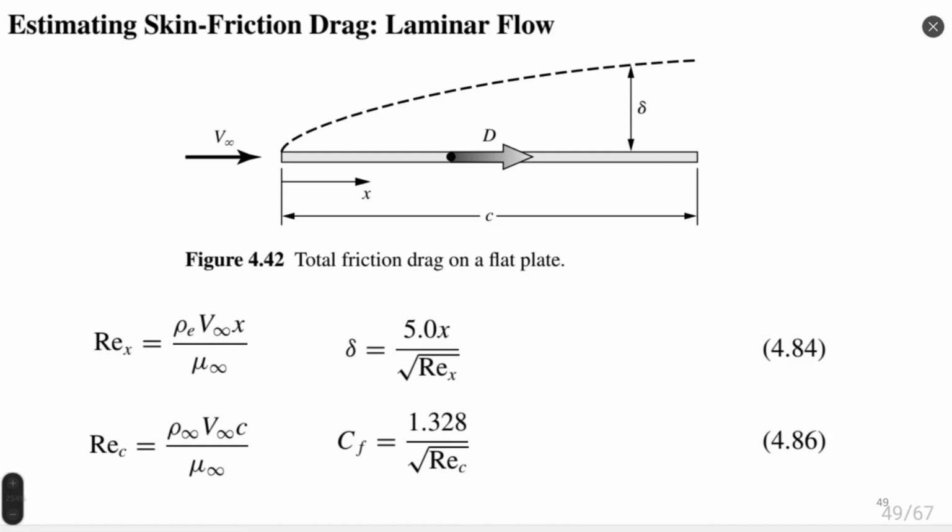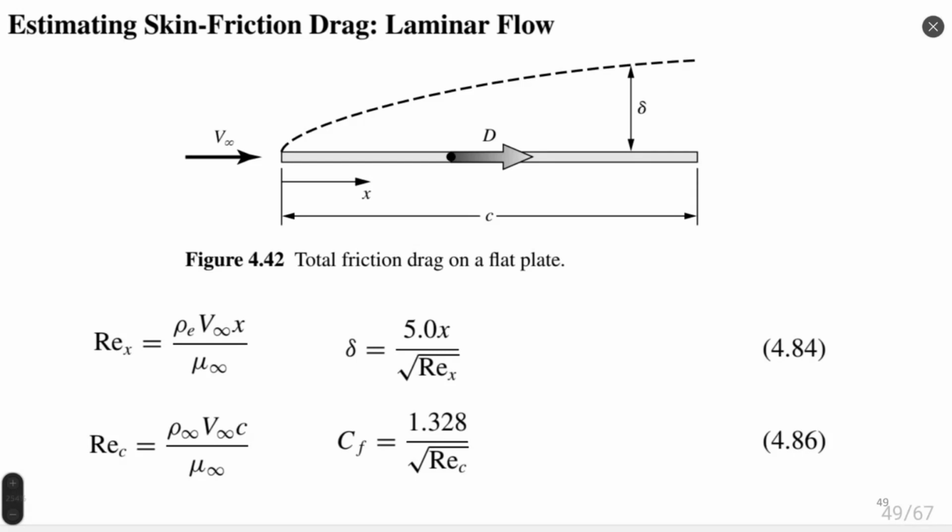And for example, for laminar flow, from our previous examples, we saw that thickness of boundary layer can be defined as function 84, and skin friction on this flat plate on laminar flow can also be defined by equation 86. For both of these cases, we see that